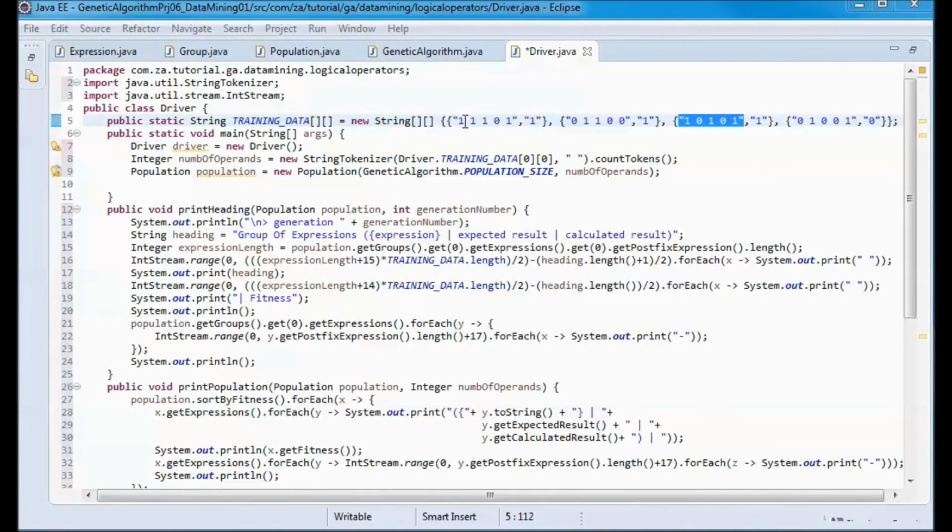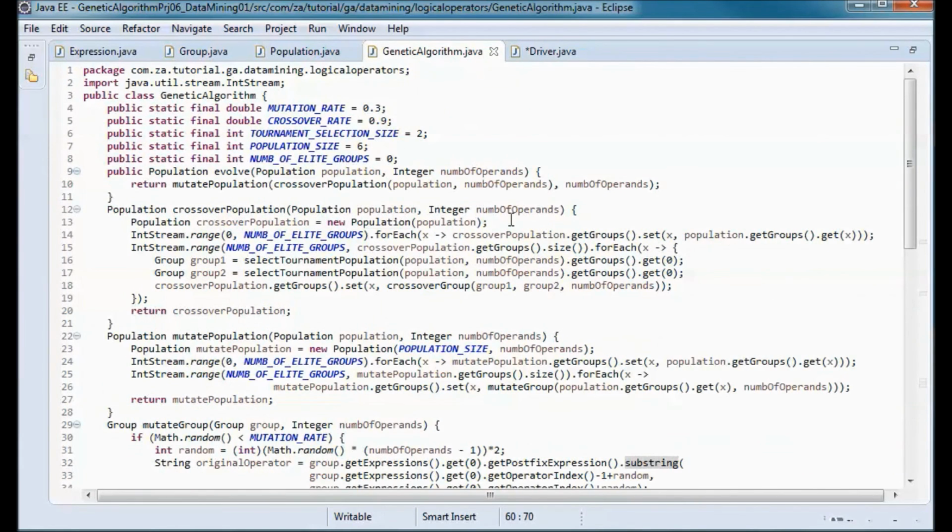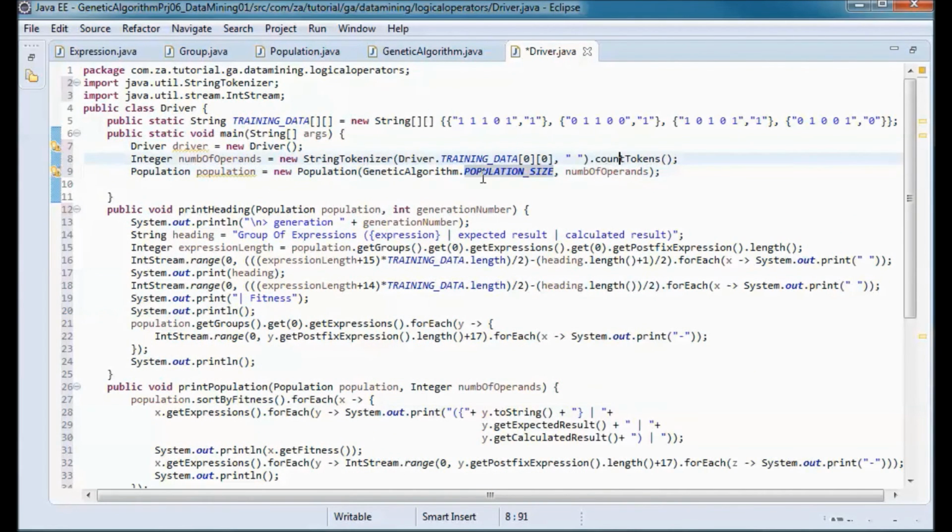And I use space to separate them in order to be able to call count tokens and count those numbers. And I'll pick up a new population instance, pass it the population size, which is 6, and this number of operands.